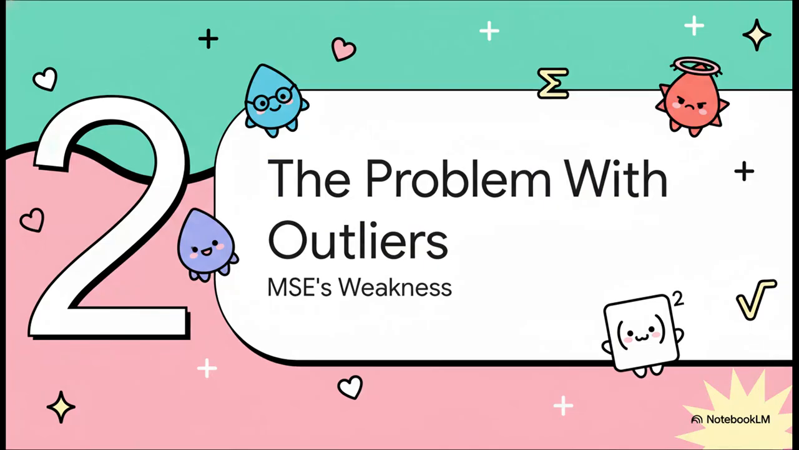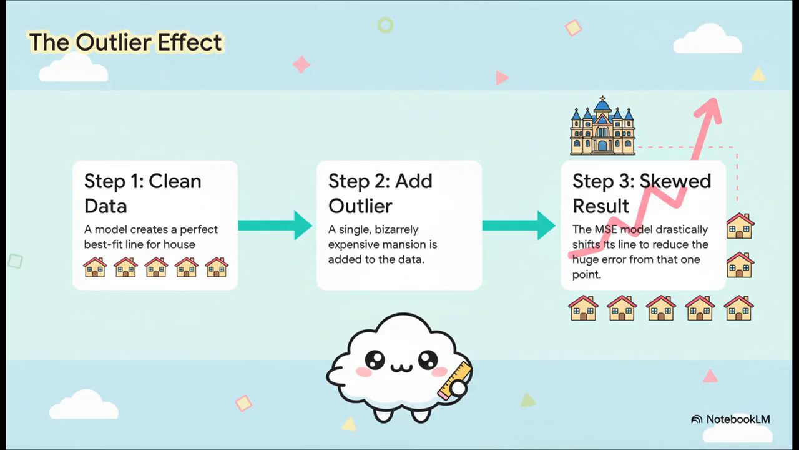But here's the twist. What happens when our data isn't so nice and tidy? Let's see how MSE's biggest strength, that harsh punishment for big errors, can suddenly turn into its greatest weakness. So, picture this. You've got a model that's doing a fantastic job predicting house prices. The trend line looks great. Now, let's add one single data point that's a total outlier, like a $10 million mansion in the neighborhood of